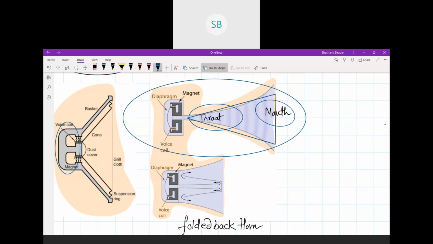Basically, the frequency that can be produced by the horn is given as f minimum equals 170 divided by